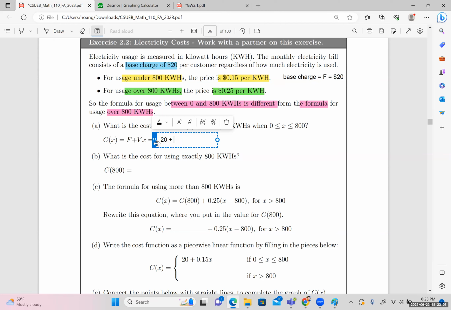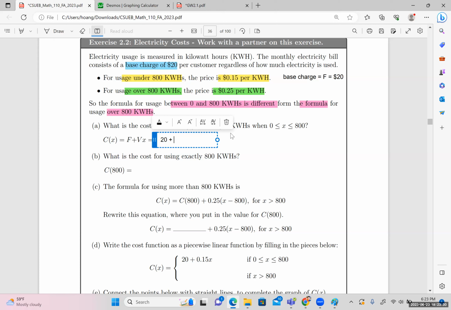As you see that for under 800 kilowatts, the price is $0.15 per kilowatt, which means